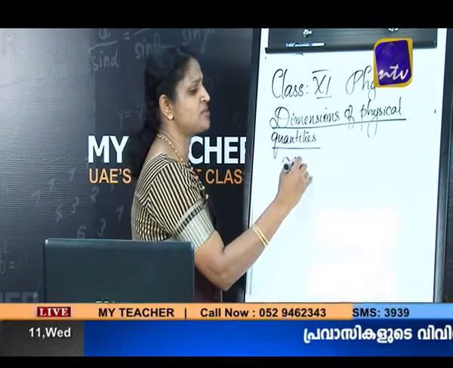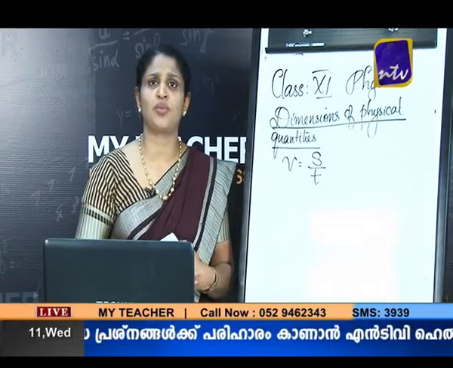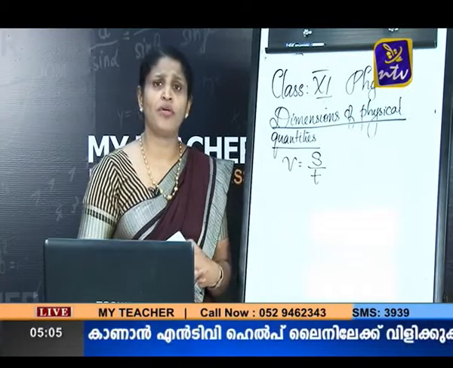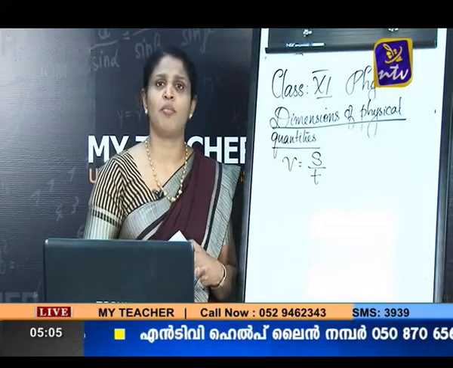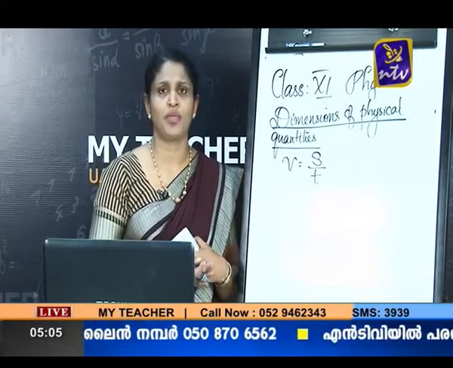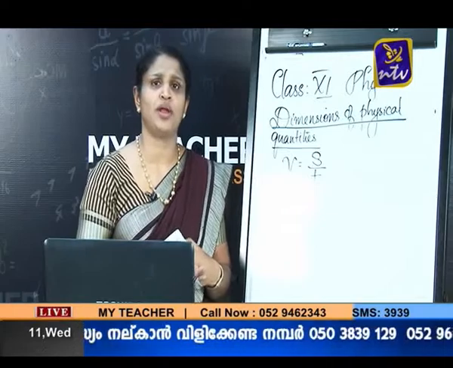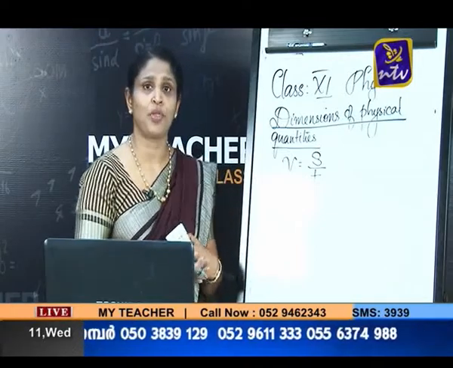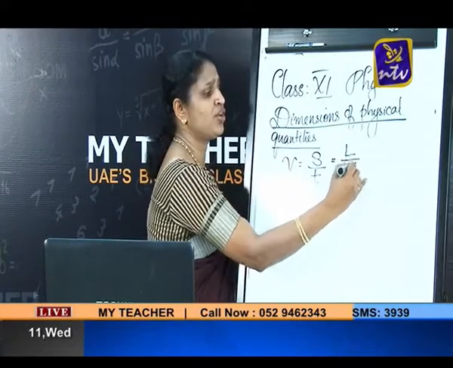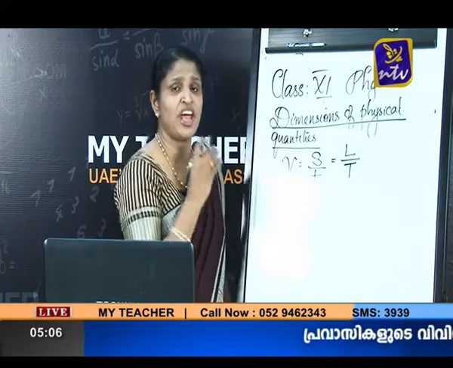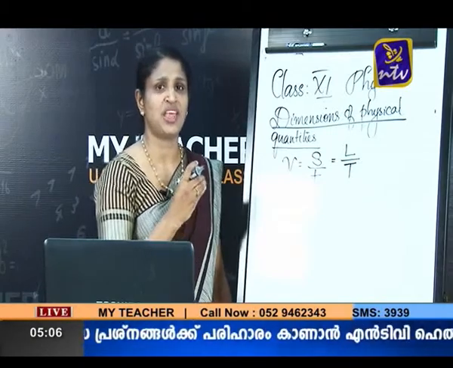Velocity can be expressed as s divided by t, where s is expressed in a base quantity called length. Majority of our quantities in motion can be expressed in terms of the three base quantities: mass, length and time. Here we have a physical quantity which is a derived quantity obtained from two base quantities, that is length and time. Distance is usually nothing but length. Time is the base quantity capital T. When we express a derived quantity in terms of the base quantities, we are supposed to use capital letters.